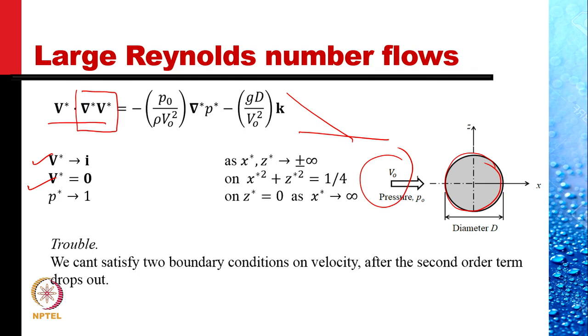So the simple-minded approximation method that we introduced has broken down so quickly, the resulting equation does not satisfy the boundary conditions. In fact, if we drop the viscosity term, then this boundary condition of no slip on the surface of the body cannot be satisfied. But it is an essential boundary condition. So something has broken down.